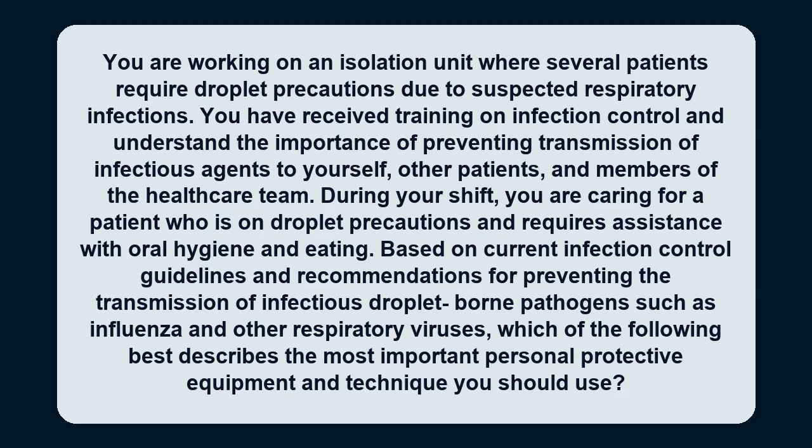You are working on an isolation unit where several patients require droplet precautions due to suspected respiratory infections. You have received training on infection control and understand the importance of preventing transmission of infectious agents to yourself, other patients, and members of the healthcare team. During your shift, you are caring for a patient who is on droplet precautions and requires assistance with oral hygiene